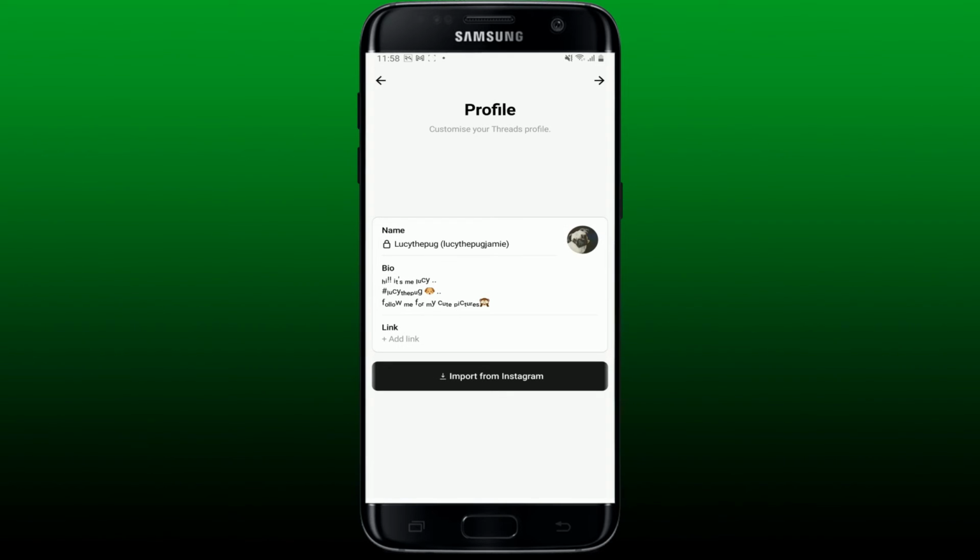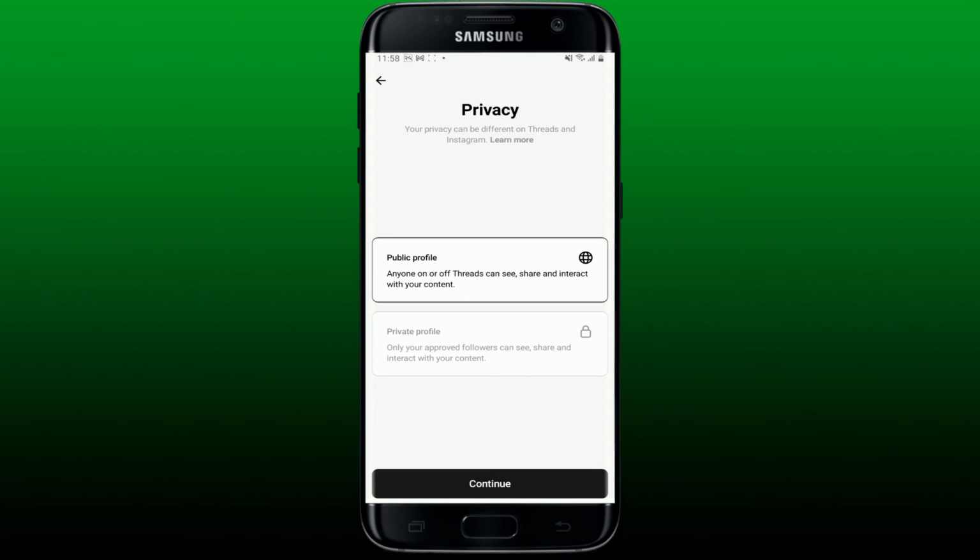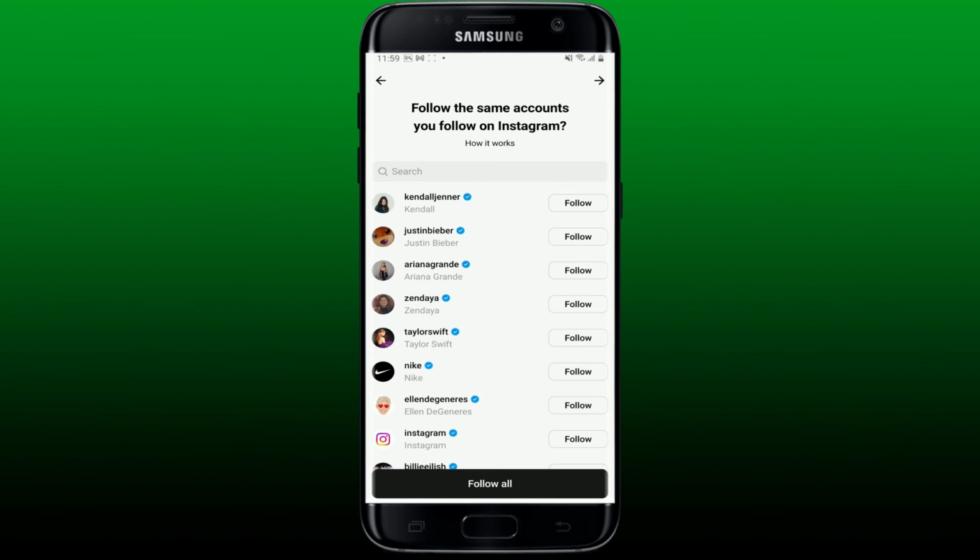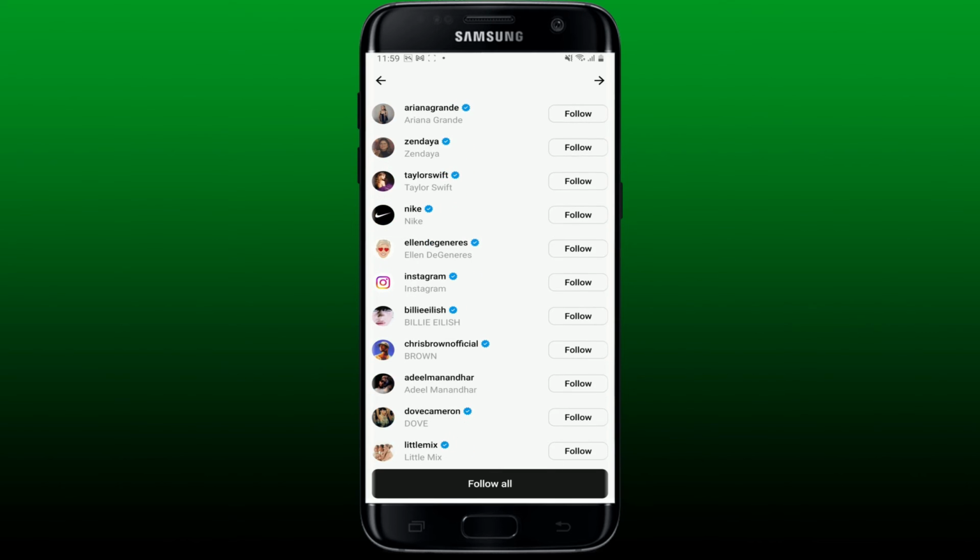Finally, after you are done, you can tap on the arrow facing at the top right hand corner, and then on the next page, select whether you want to have a public profile or a private profile, and then tap continue at the bottom. Now, follow through the prompts,